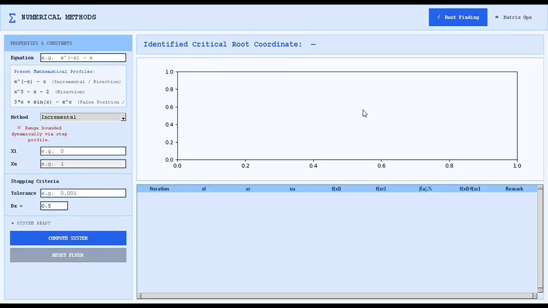In summary, this application provides a comprehensive toolkit for numerical methods and linear algebra. By organizing the code across main.py, root_gui.py, matrix_gui.py, and theme.py, I have followed industry standard separation of concerns. We have successfully met all project requirements.